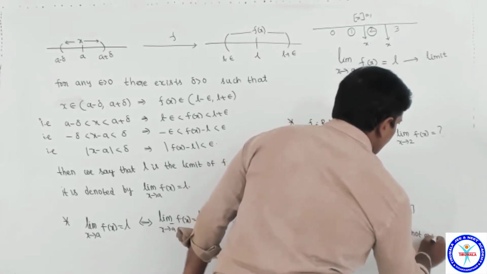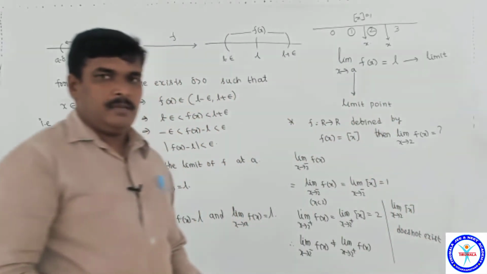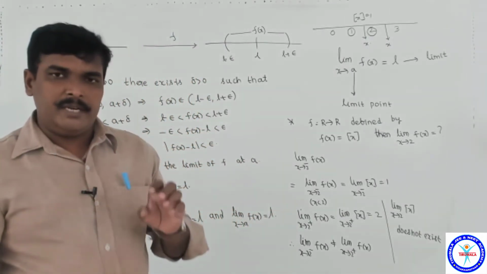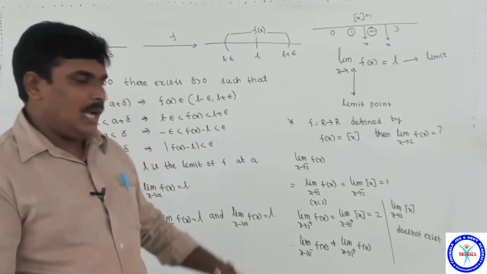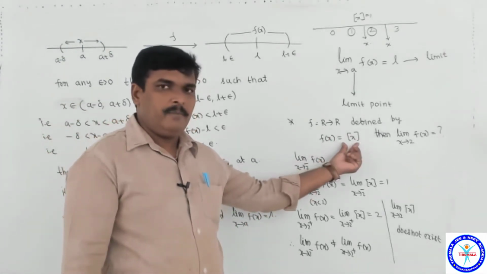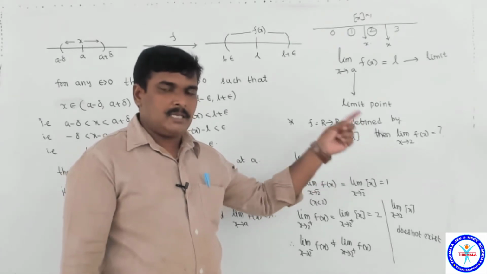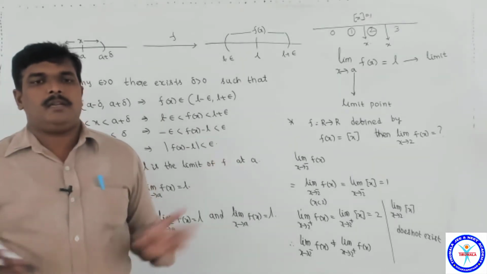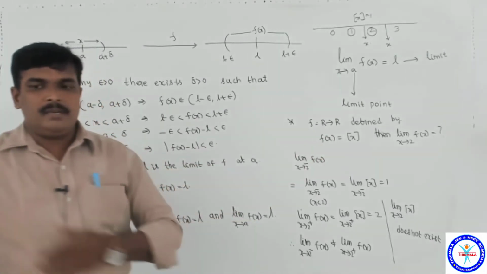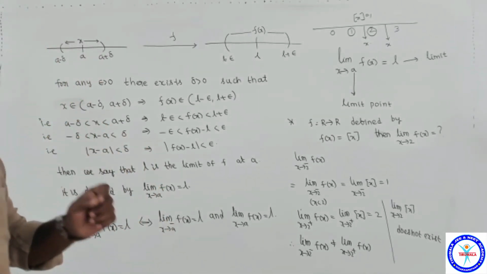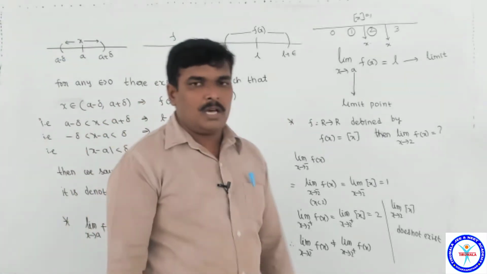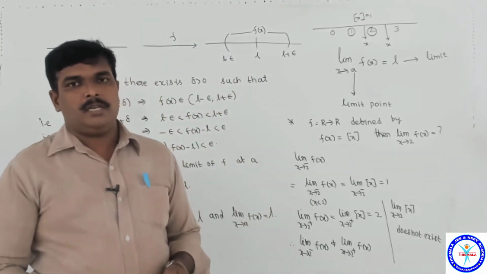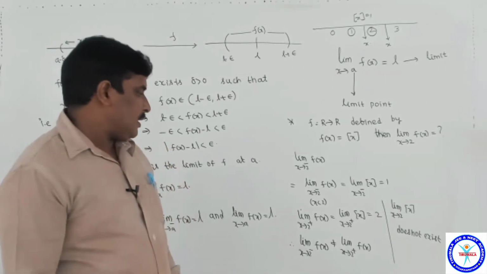Not only at 2. For the greatest integer function, the limit does not exist at any integer, not only at 2. For the fractional part of x, the greatest integer function, or step function, the limit does not exist for all integers. Write down.